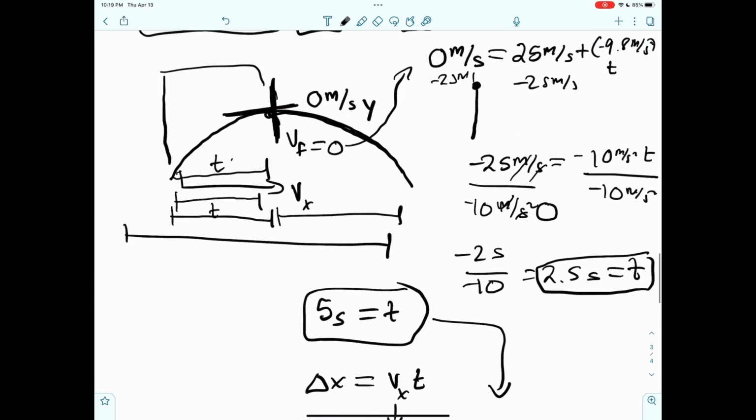Cool. That's kinematics in 2 dimensions. Let's do one more practice problem. Let's say there is a mountain and we push off